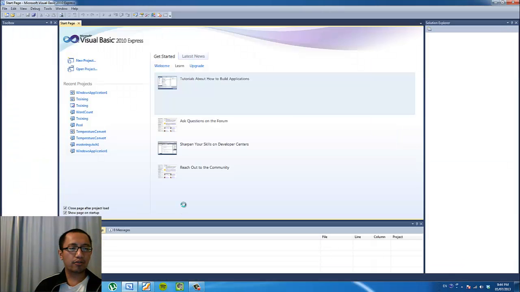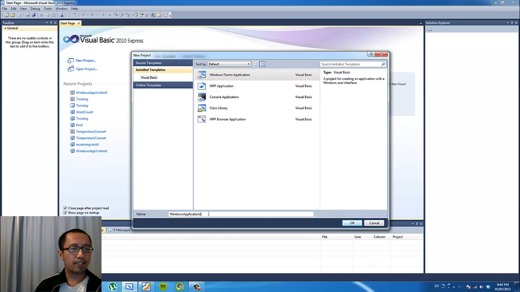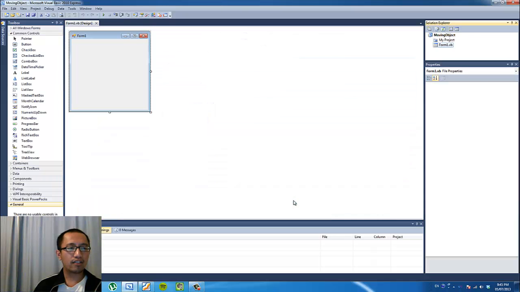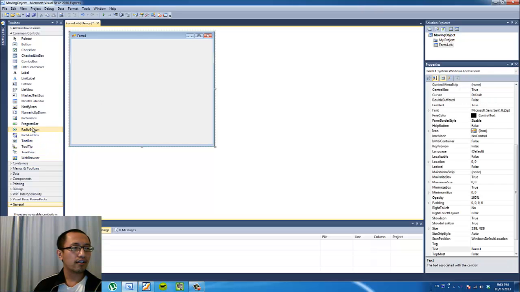In Visual Basic, create a new project this time. Click on New Project, and Windows Form Application, and just call it Moving Object. Once the program is created, the first thing we want to do is insert the picture that you've just downloaded. So click on the form, and click on the picture box tool on the left, inside the toolbox, common controls,